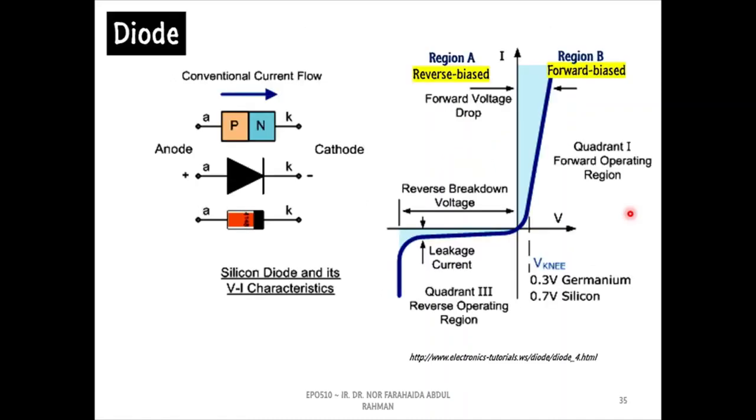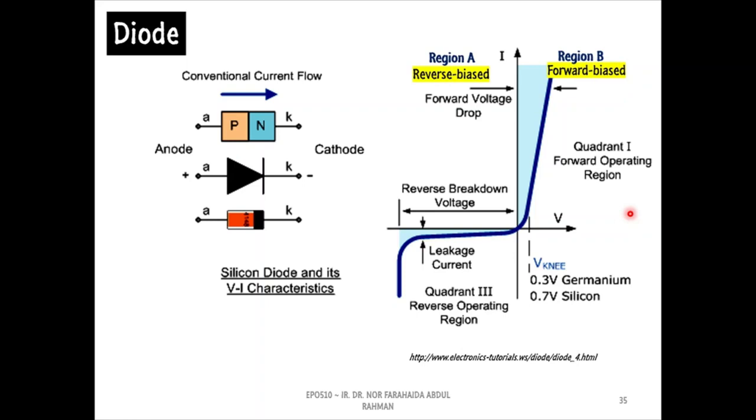We will start our discussion with the simplest power switches, which are diodes. Unlike other power switches covered in this topic, diodes are uncontrollable devices. Thus, we cannot control their operation. A diode will switch from off state to on state and vice versa depending on the nature of the current